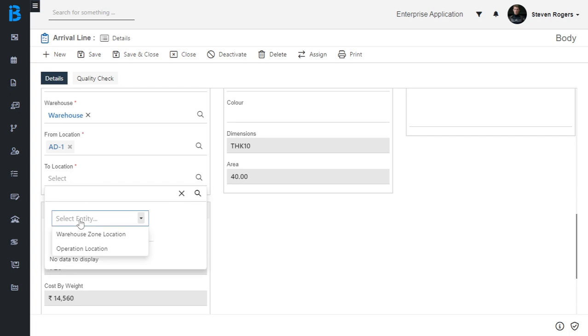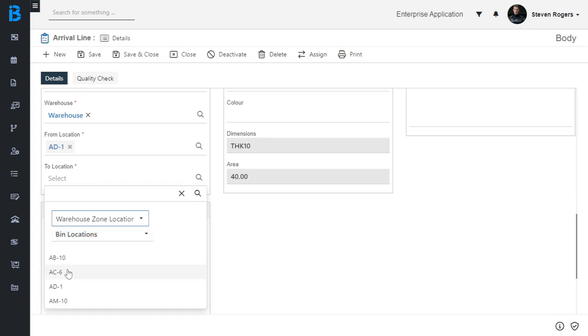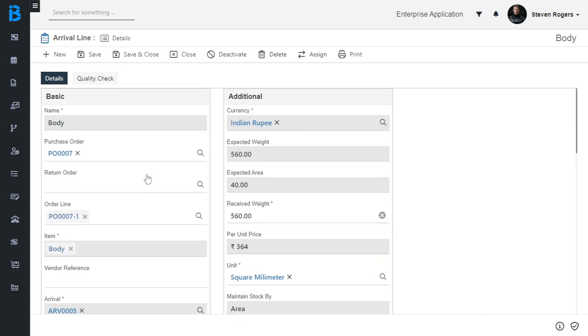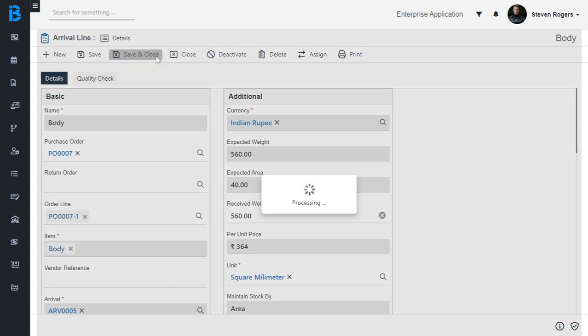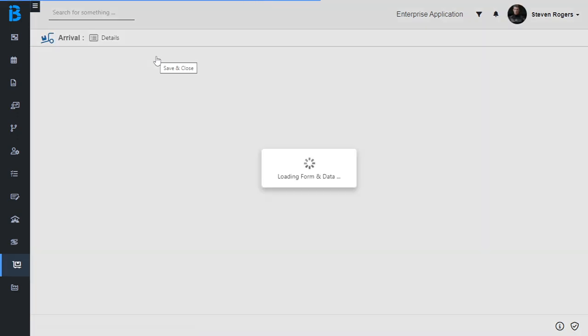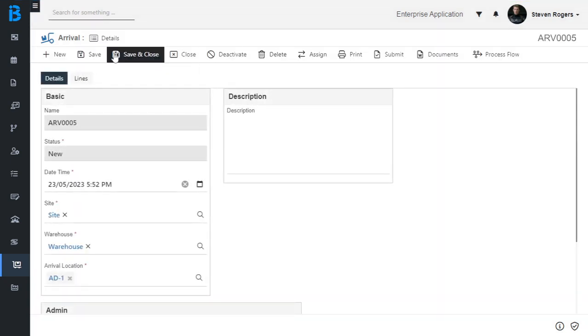Add the to location, and click on save and close button. Click on submit to submit this arrival record.